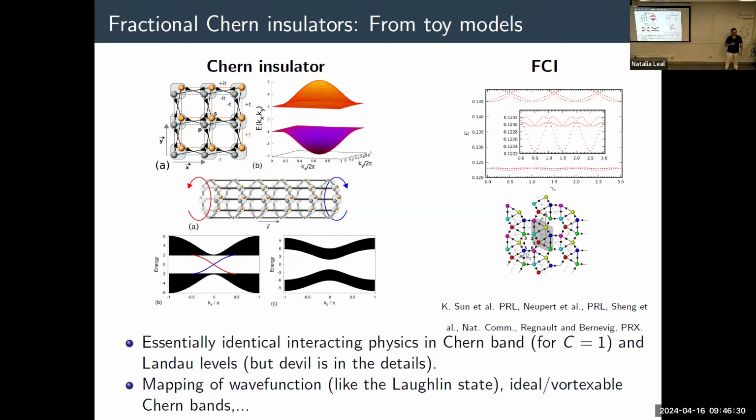Now, all the examples that I know, all this story is, of course, tightly related to numerics. So if you forget about the mathematical structure, which requires a Chern band and even a specific type of Chern band, all the rest is basically based on numerics. And if you make your system trivial, but you still have interaction, usually you destroy your fractional Chern insulator. So I would say it's mandatory,